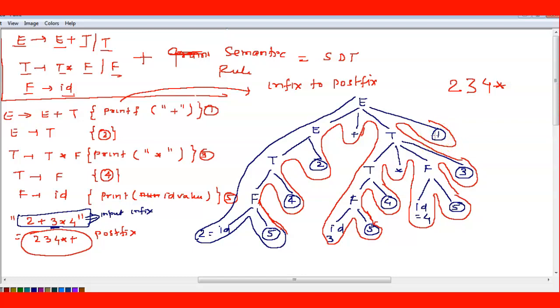That you should keep in mind always while reading, solving the problem. Whenever the reduction, go to the grammar, go to the actions, go to the rule and perform the action. So here perform the action means rule number 1. Rule number 1 is print plus. Plus here, and then it will end up. Okay. So we have gone from the top to the bottom, this is also called a top down parser, right?